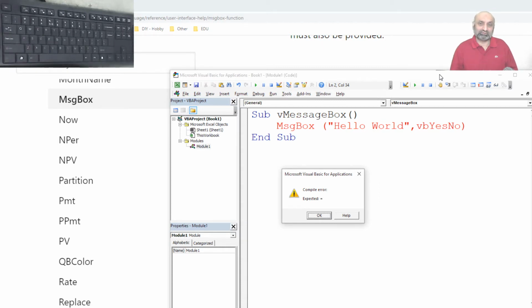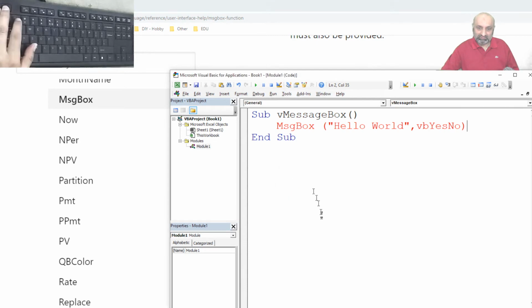When the message box has only an OK button, there was no output because there was one simple option, and that was to press OK. Now we have two options when we use the Yes and No buttons. Either the user will press Yes or the user will press No. So that output of the message box needs to be stored in some variable.